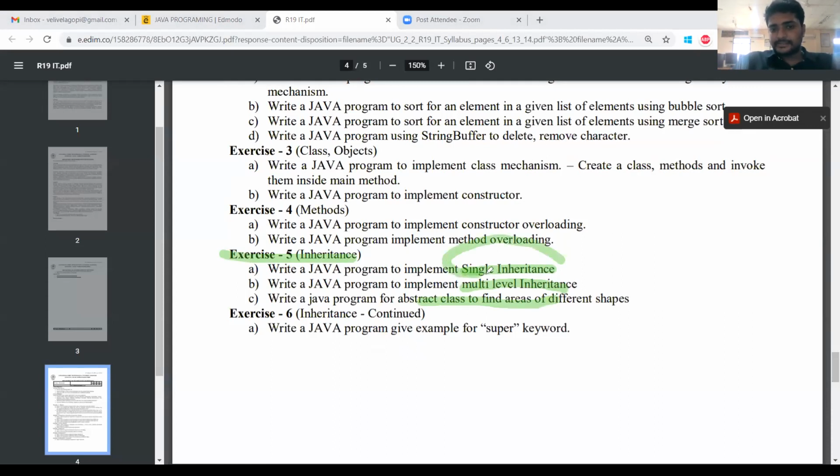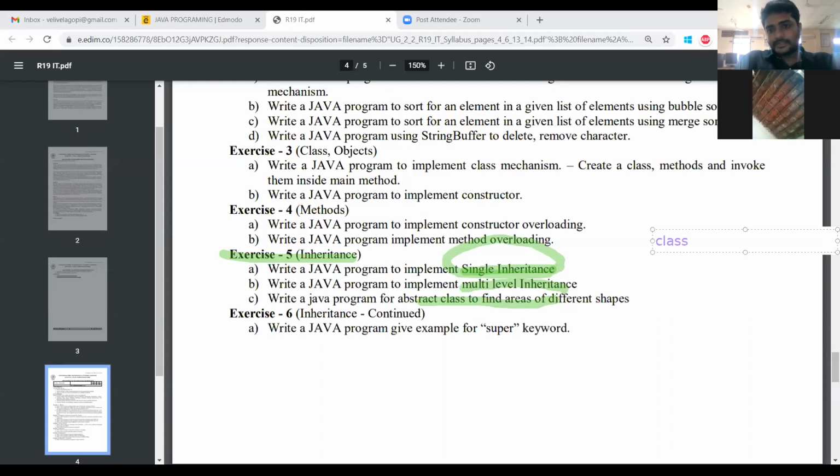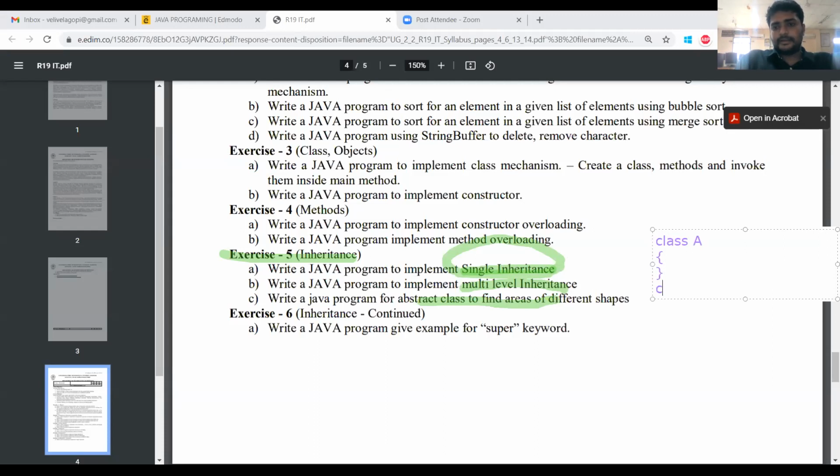So the first one is single inheritance. What do you mean by single inheritance? Suppose I am defining the class A, and I am defining the class B. The class B extends the properties from class A. That means the methods or variables which are defined in class A may be used by class B. That is the meaning of inheritance.